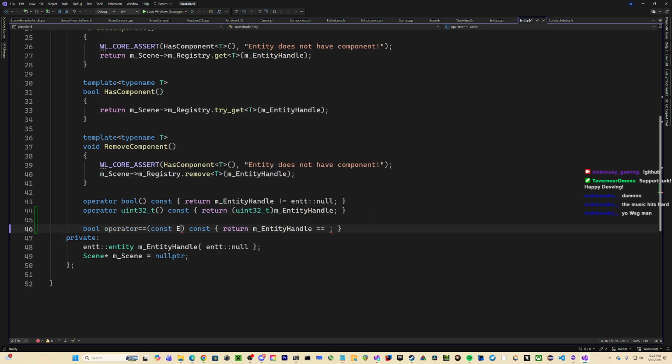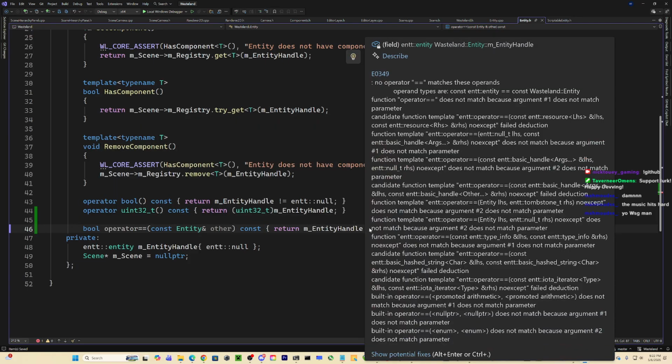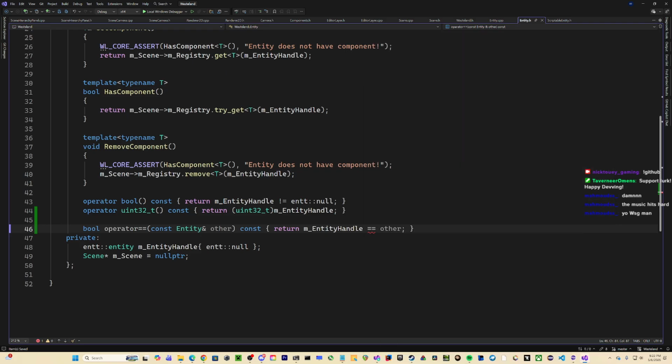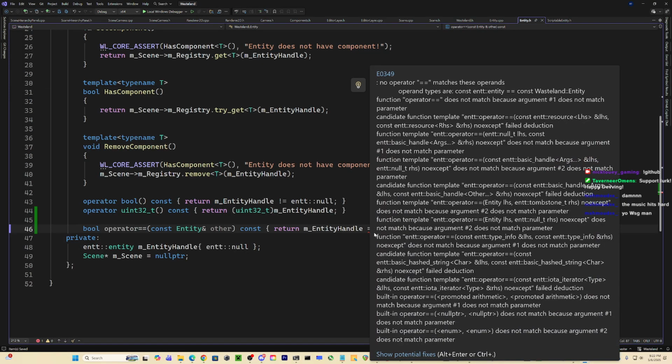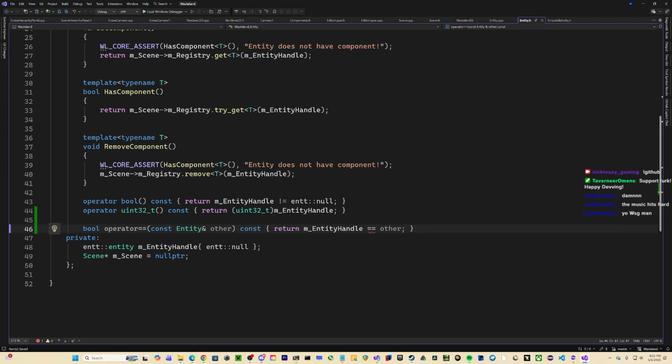Const entity other. Nope. Now I had a similar issue somewhere else.